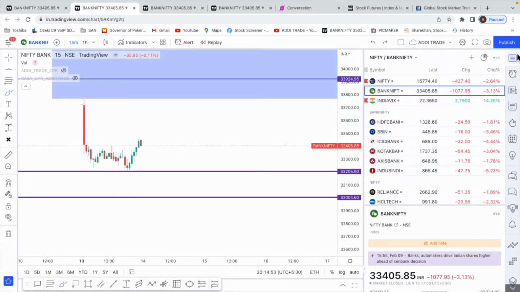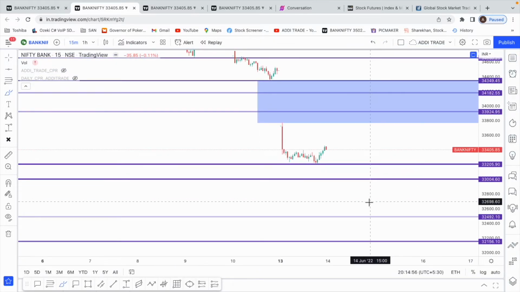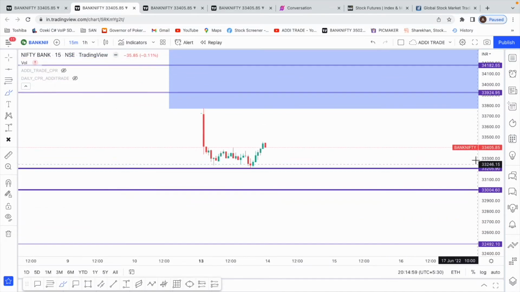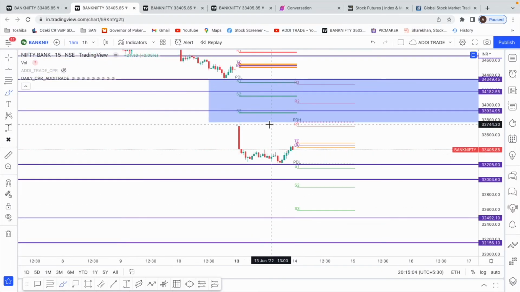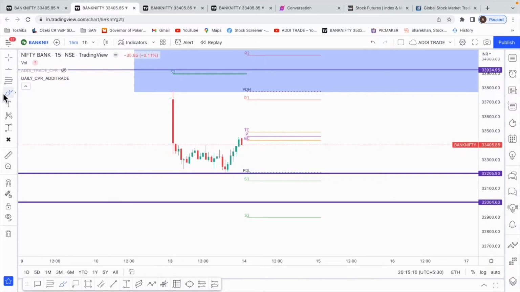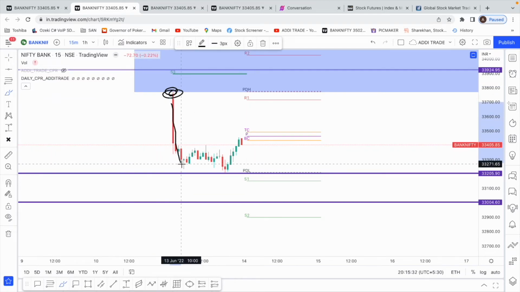That possibility is there. So these are the levels for Nifty and Bank Nifty that I'll be using for tomorrow. Let's just hope we get a pretty flat opening and a good trade on the downside or upside. See, whenever we have this huge gap down, most likely intraday trade buying options will be ruled out. It will be only the selling options that will work. Why selling options are good whenever we get this huge gap down is, the moment this candle is being formed, the call sellers at 33,800, 900, 700 will start selling, right? But we cannot buy a put, right? So after this fall, even in this kind of move, they wouldn't have seen loss in the PNL.